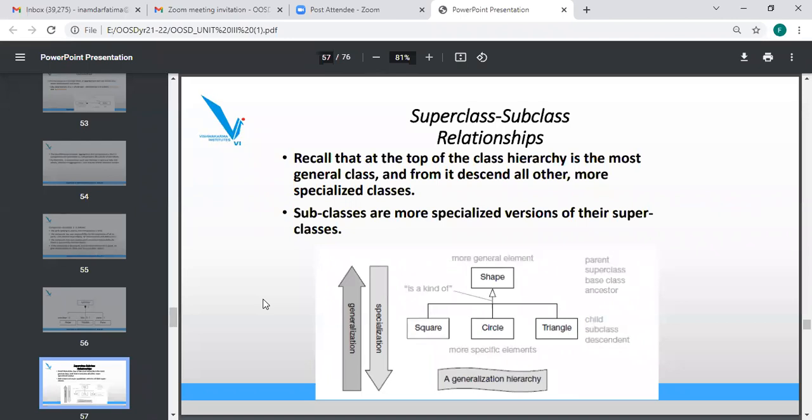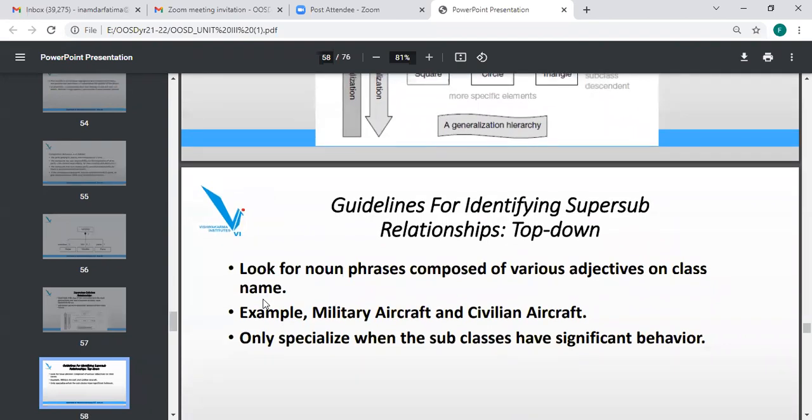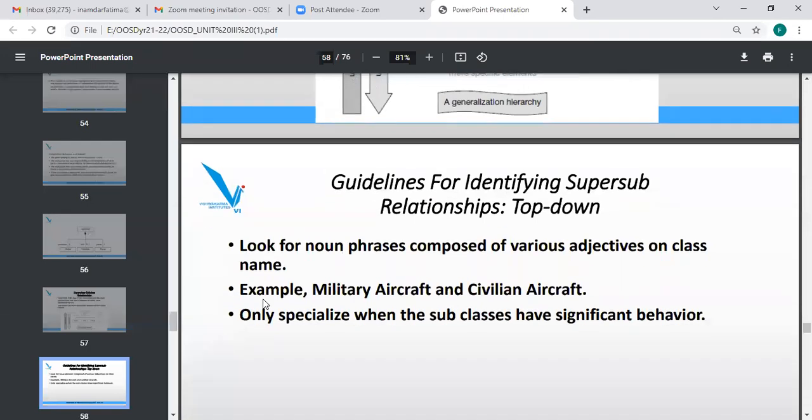The more specific subclasses inherit the properties of the superclass. Square, circle, and triangle are the subclasses derived from Shape, the parent class. This is the top-down approach.